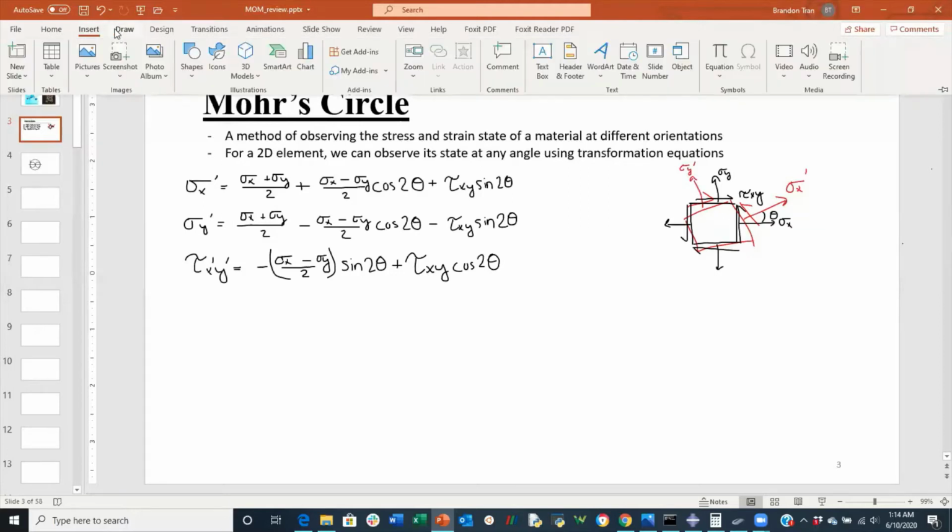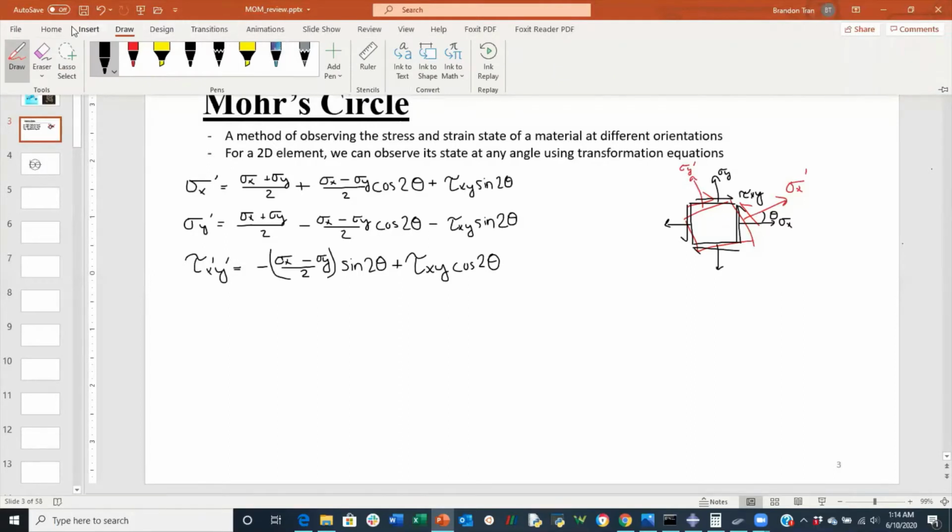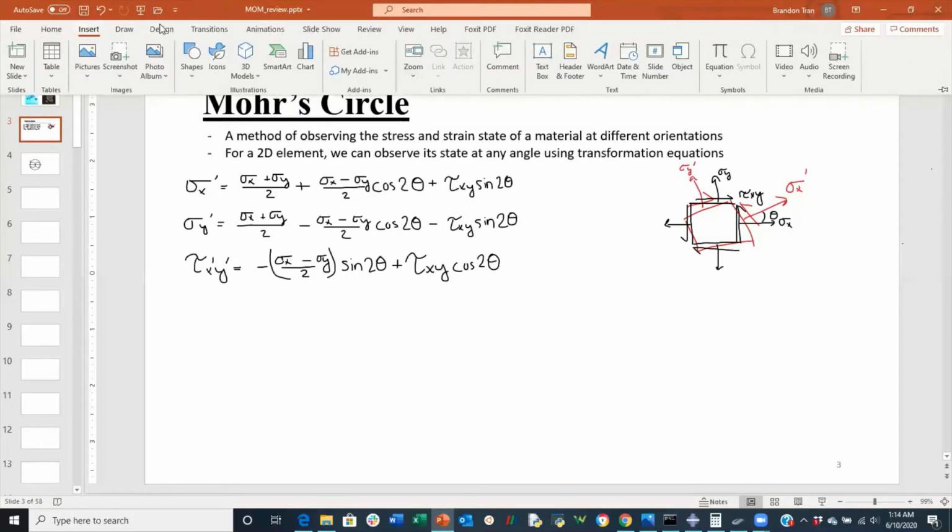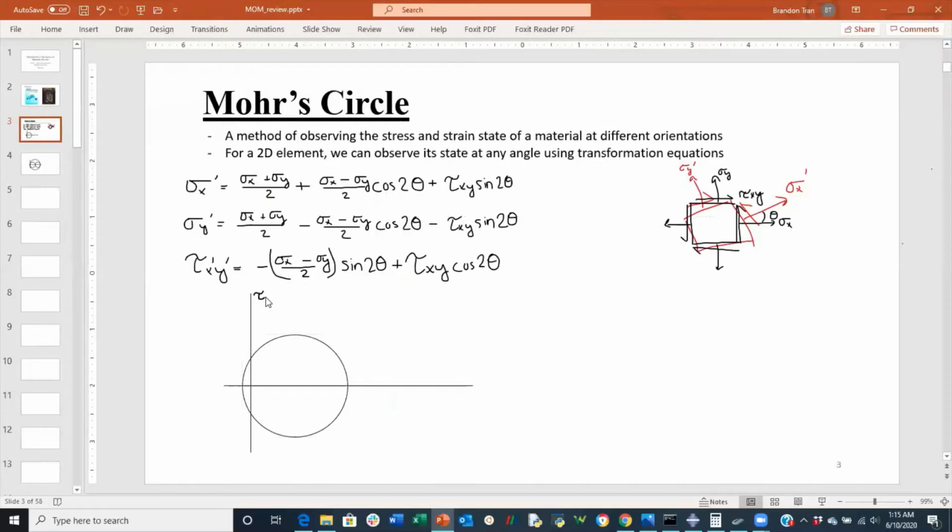So let me go ahead and draw out the circle. So here's what a generalized Mohr circle looks like, having shear stress in the y-axis or vertical axis and normal stress in the horizontal axis. Mohr circle essentially is developed by choosing 2 points, the first point being whatever given stress state is for sigma x and tau xy,